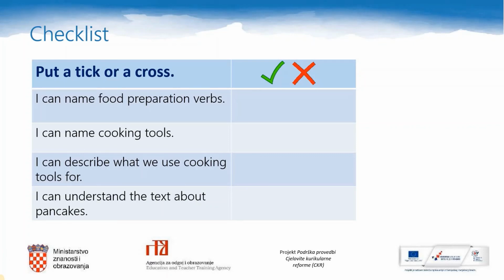Now it's time for you to check your progress. Put a tick or a cross. If you can do all this, put a tick. If you can't do it, then put a cross. I can name food preparation verbs. I can name cooking tools. I can describe what we use cooking tools for. And I can understand the text about pancakes. I hope that you can do all these things